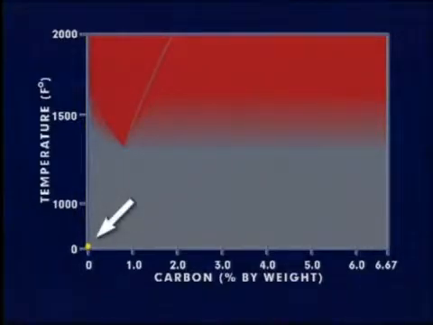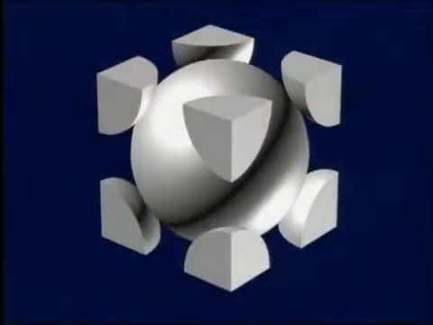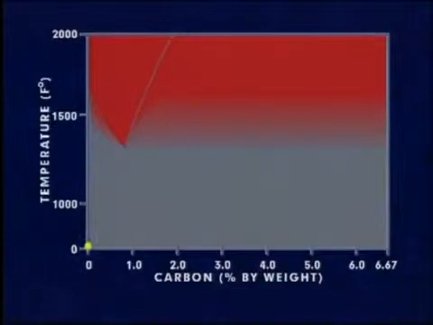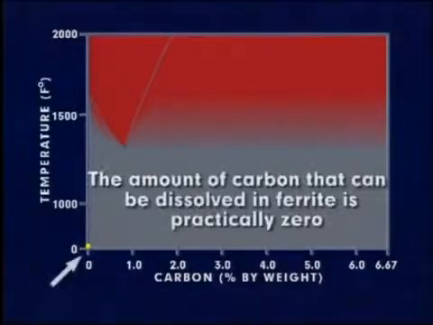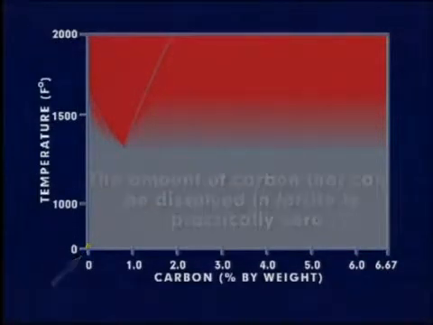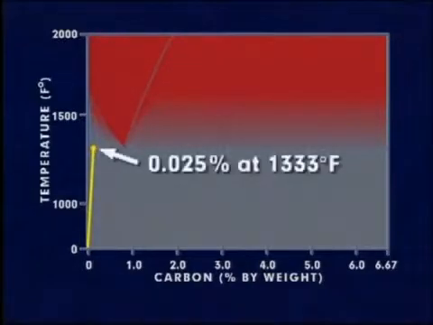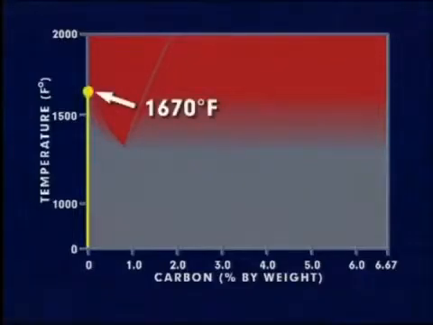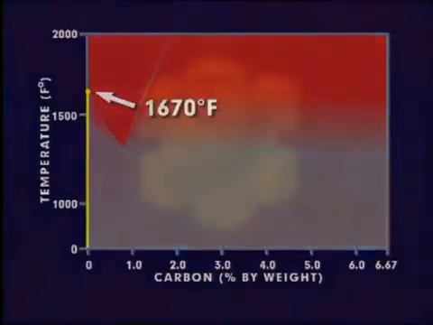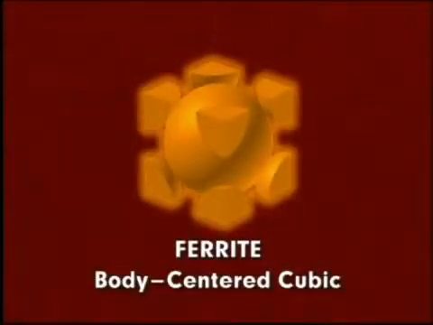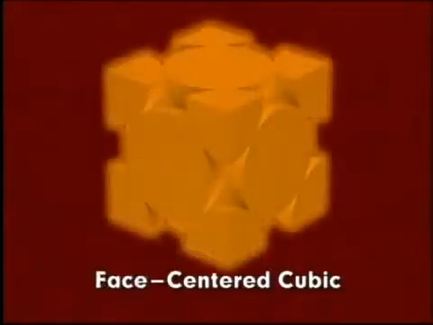At room temperature, ferrite is magnetic, relatively soft, and has a body-centered cubic crystal structure. At room temperature, the solid solubility, or the amount of carbon that can be dissolved in ferrite, is practically zero. The amount of carbon dissolvable in ferrite increases to only a maximum of 0.025% at 1,333 degrees Fahrenheit. When heated to 1,670 degrees Fahrenheit, ferrite's body-centered cubic crystal structure rearranges itself into a face-centered cubic